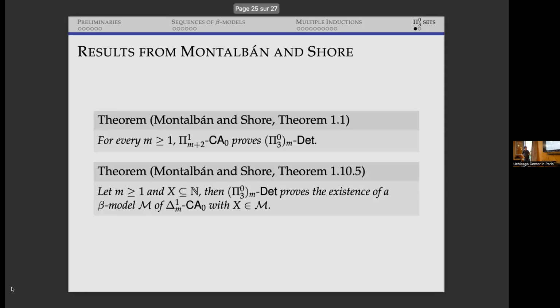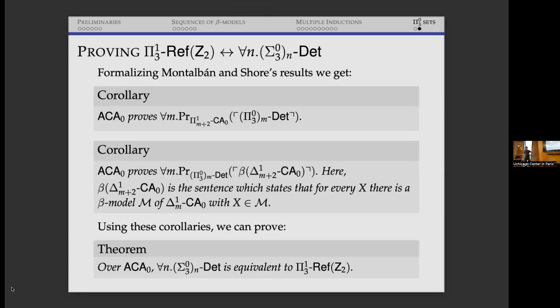Fine. For the last result, these were still using Montalbán and Shore's result. So we had this yesterday: from comprehension, we can prove determinacy for differences of Π^0_3 sets. And from determinacy, you can get the existence of better models of a simpler comprehension for that m set. And now we have these results. We formalize them inside it. Well, HA_0, and we get that for ω,